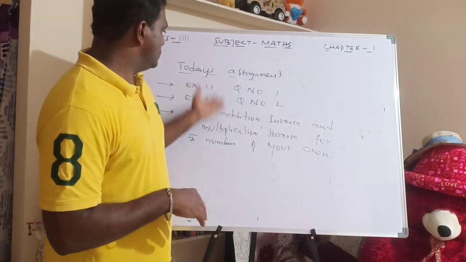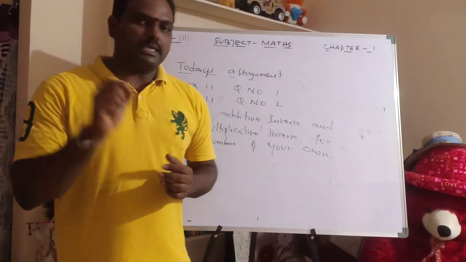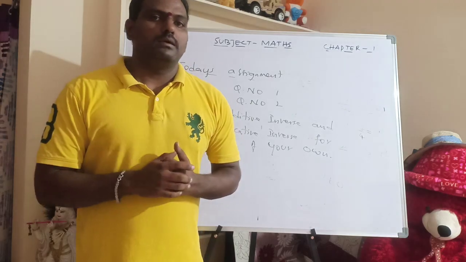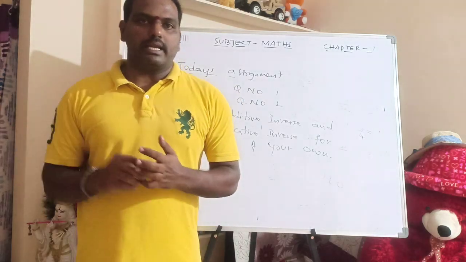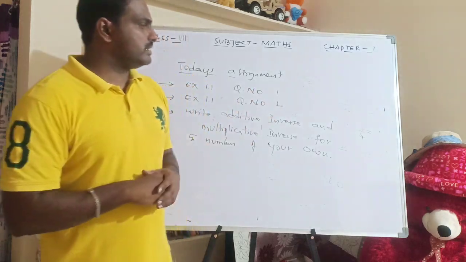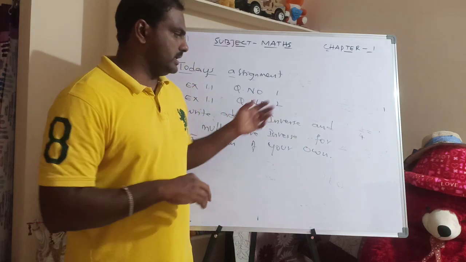In this class, you just follow the things whatever I have given, write neatly, keep subheadings and write the conclusion. Once the sum is over, don't forget to draw the line, and don't forget to put the date and session number. It's all mandatory when you are writing the mathematics points.